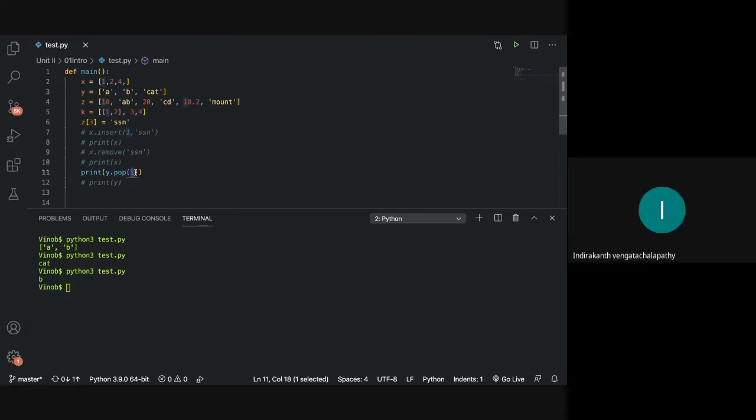Sir, when we print y dot pop of 1, it prints the element which is taken out. Yeah, that is because pop returns a value. It returns the popped value. But when y dot pop is given to a variable and that variable is printed, it will print that value.